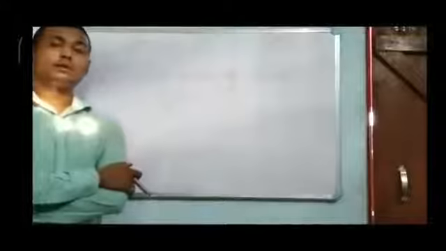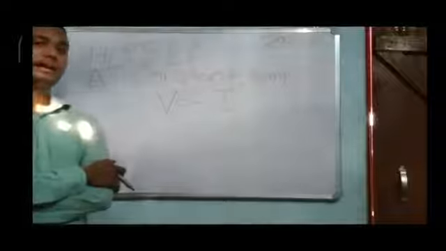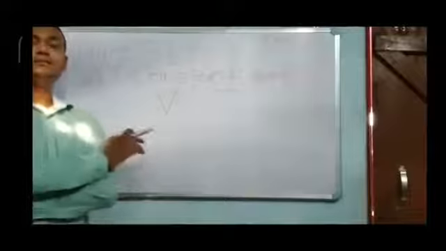So this Ohm's law is all about only two things: potential difference and current. At constant temperature is also a very important thing, because if the temperature is varying in any metallic wire, then this law is not valid. This law is only valid if the temperature is constant. So, at constant temperature, V is directly proportional to I.